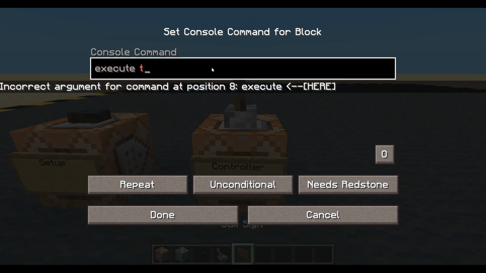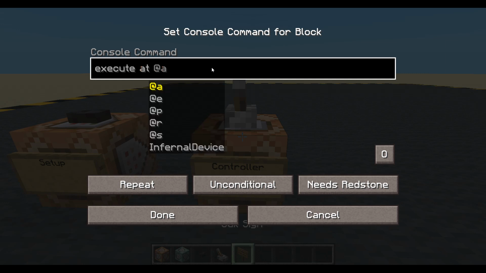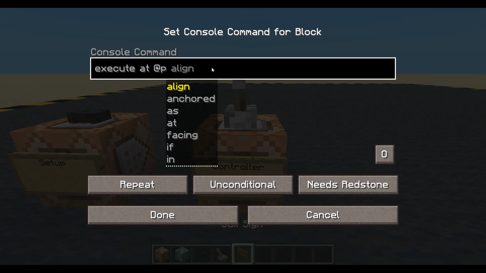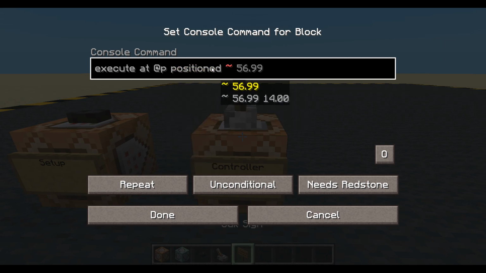Okay, so I am going to execute at the nearest player. So that is now executing at the nearest player's feet. Well, I want it to execute at their head. So we're executing at their feet, and now we'll do positioned 1 up. So we've gone from their feet to their head,